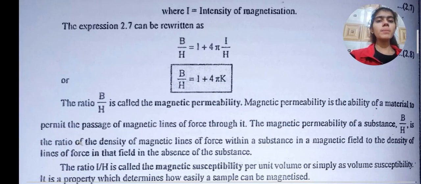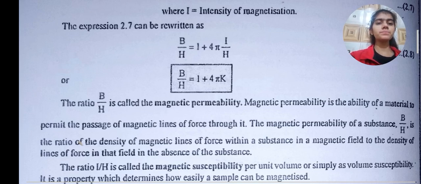The ratio B by H is called the magnetic permeability. Magnetic permeability is the ability of a material to permit the passage of magnetic lines of force through it. The magnetic permeability of a substance, B by H, is the ratio of the density of magnetic lines of force within a substance in a magnetic field to the density of lines of force in that field in the absence